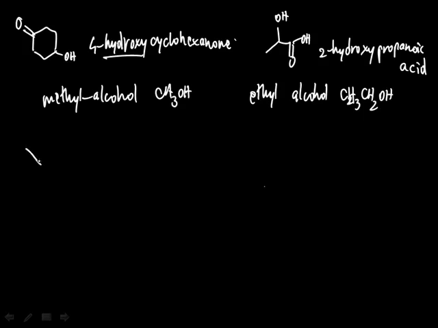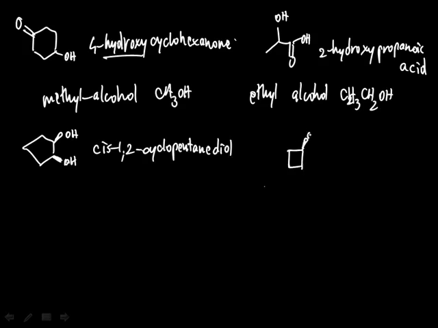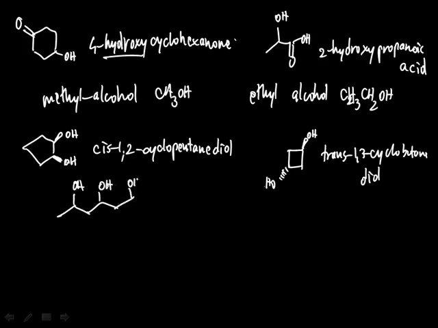If we have compounds which have multiple OH groups, we name them as diols and triols. This compound would be cis-1,2-cyclopentanediol. This compound would be trans-1,3-cyclobutanediol. Where something like this would be a triol. And to be perfectly specific, this would be 2,4,6-heptanetriol,